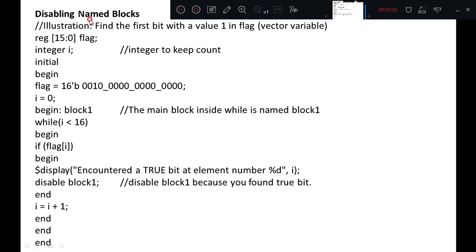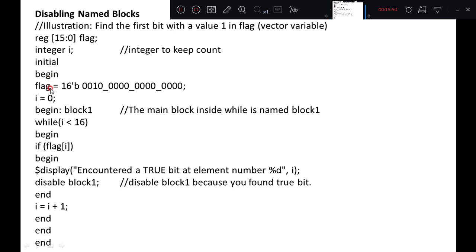Disabling named blocks. Illustration. In this example, find the first bit with the value 1 in flag, a vector variable which is defined as 16-bit. Register 15:0, that is a 16-bit register with the name flag we are defining. Integer I, integer to keep count.